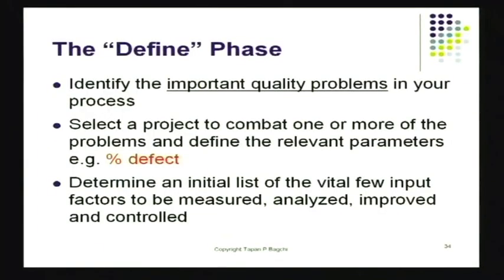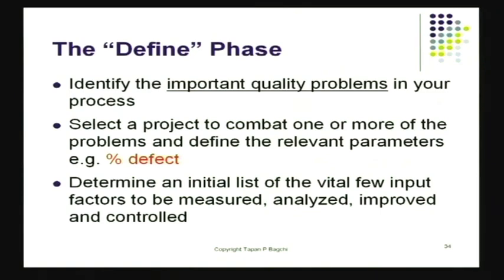Even if you come up with a great improvement for a very tiny problem that was there, no one was concerned about it, you might put a lot of effort and resources to try to improve that. Please find a problem that's an important problem for the company. And there may be 2, 3, 4 of them, and you could do a little Pareto to try to understand what really is there. Select a project to combat 1 or 2 of these big problems there,